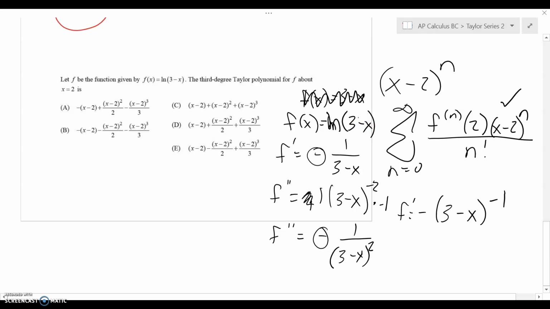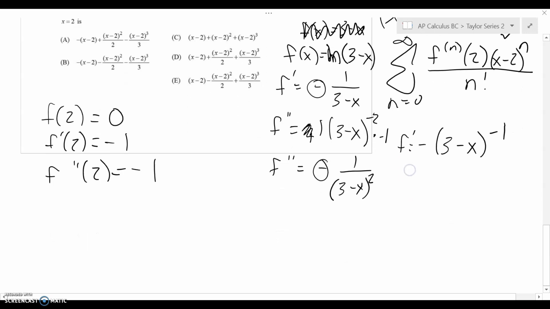So if I evaluate that function at 2, that's 0, which means there is no non-zero first term. When I evaluate the first derivative at 2, I'm going to get a negative 1 over 1, so a negative 1. Evaluate the second derivative at 2, and I'm going to get a negative 1 over 1, so negative 1. And hopefully you can see the trend. If you need to take a third derivative, which we do here,